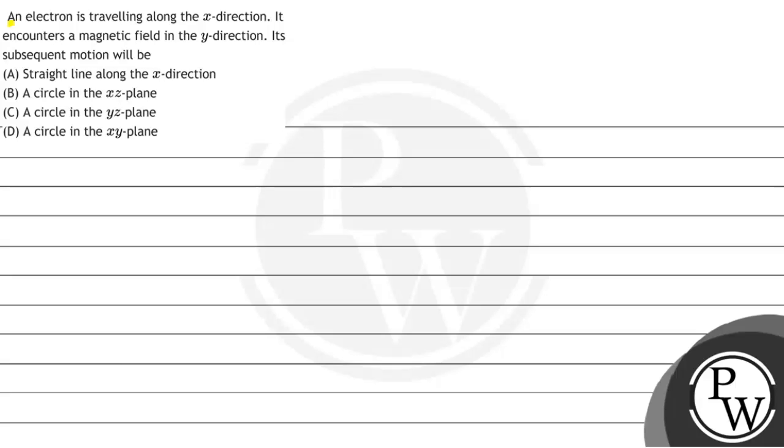तो क्वेश्चन में given है कि an electron is traveling along the x direction. It encounters a magnetic field in the y direction. Then its subsequent motion will be what? Right? So इस क्वेश्चन में हमारा जो